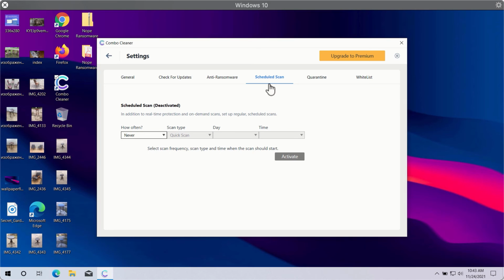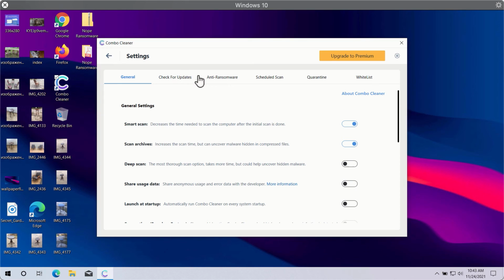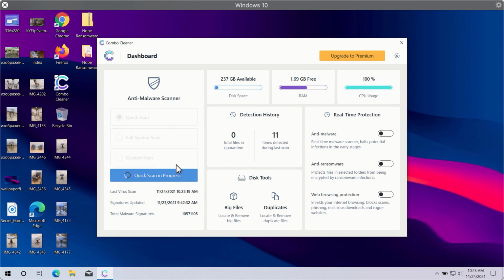You may also select scheduled scans in the premium version and have some other beneficial features. In general, Combo Cleaner will help you to protect your system against all sorts of malware, ransomware, adware, and other